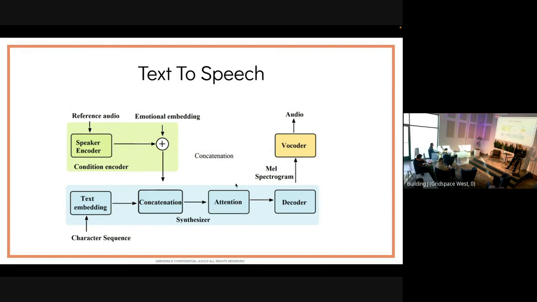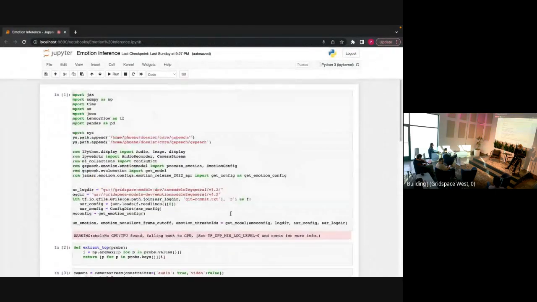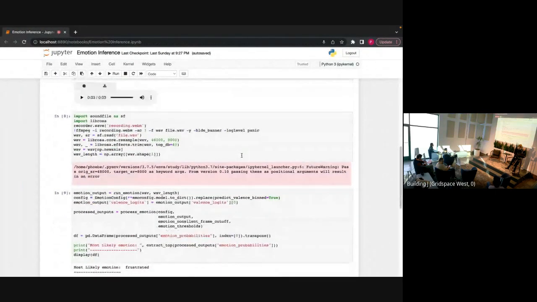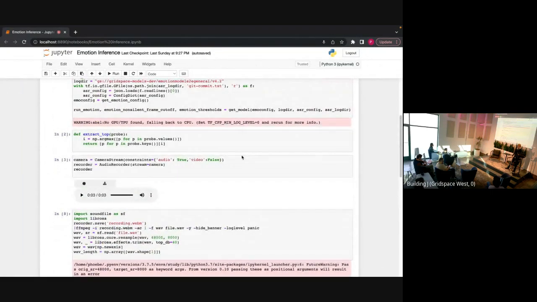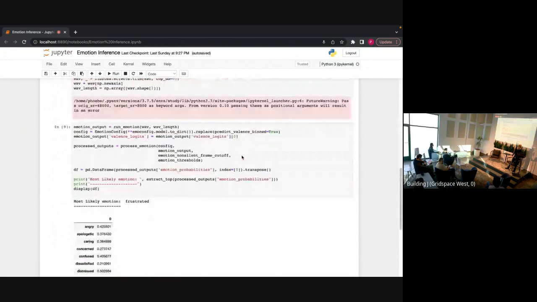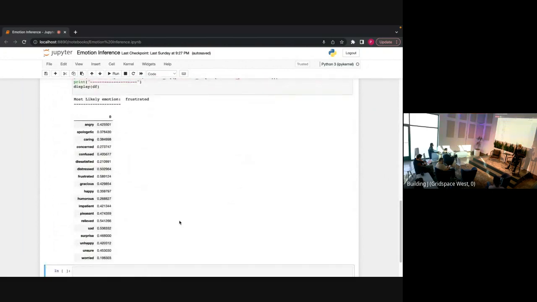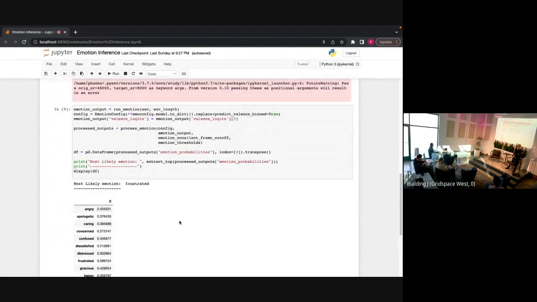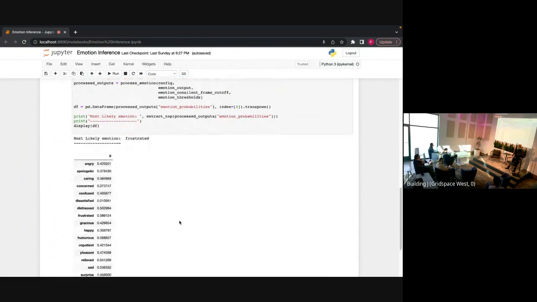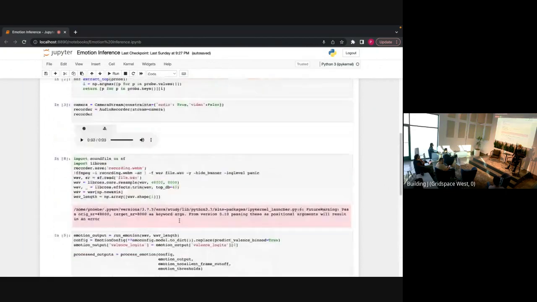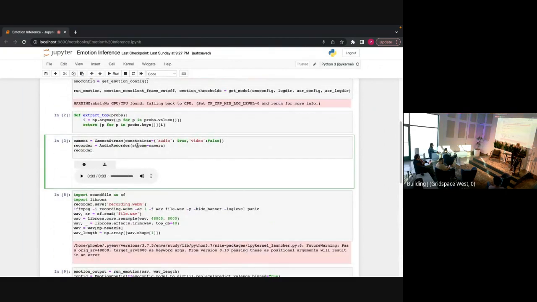Cool. I'm going to jump into a quick demo then. So this is just a quick demo on emotion categorization, and how you can output these. So take your emotional outputs and use a softmax to turn them into a probability of each being in existence. So for example,